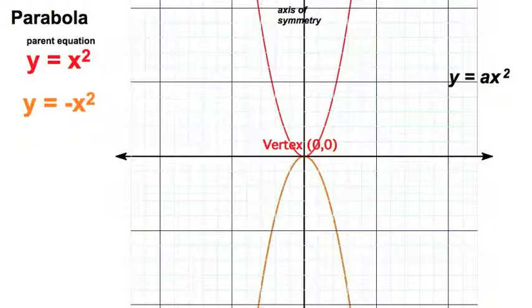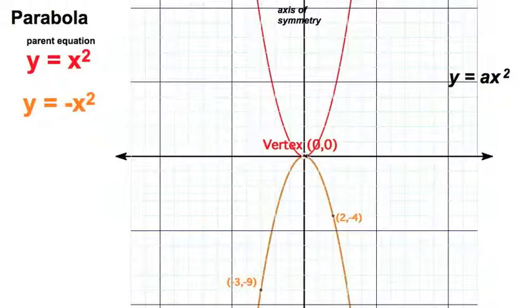Y is equal to negative x squared, or you could say the opposite of x squared. After all, 2 times 2 is 4. The opposite of 4 is negative 4. Also, negative 3 squared, well, that is negative 3 times negative 3, which is positive 9. The opposite of 9 is negative 9. So that's what happens if I have a negative